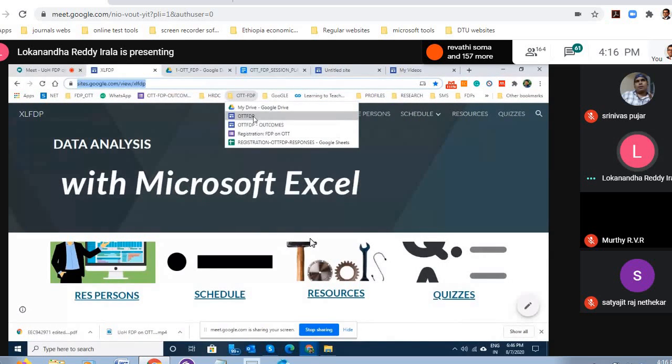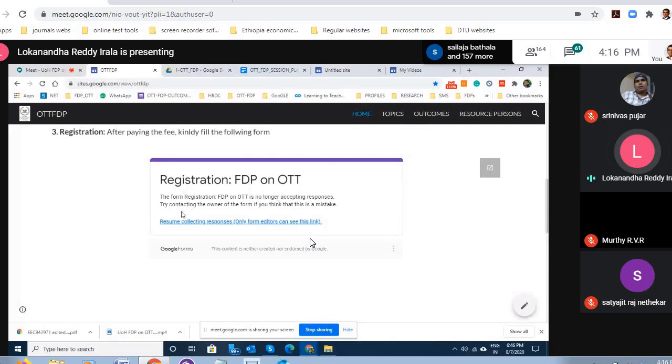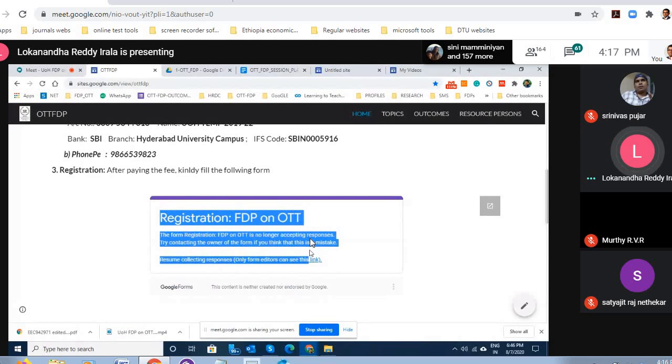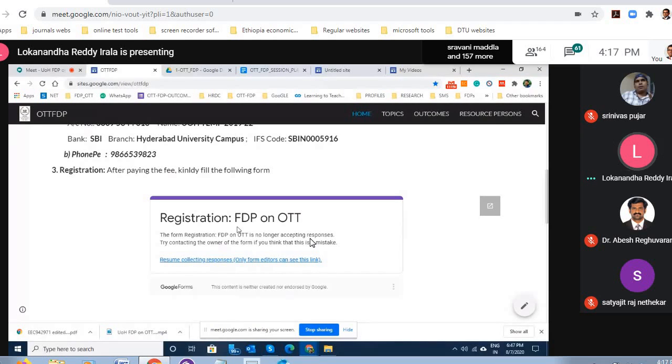OTT FDP. So this is a Google form that is inserted here. Because now I have stopped accepting responses, it is seen like this, but you all have filled your form here, if you remember. So you make a Google form and simply insert it on this place. So people need not open that Google form actually. They would come here and fill it right from here.